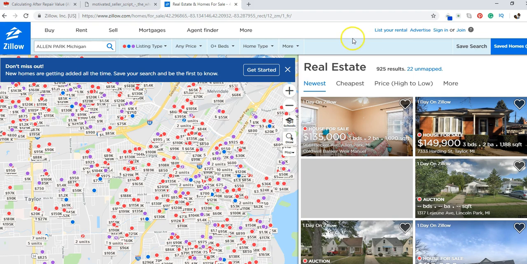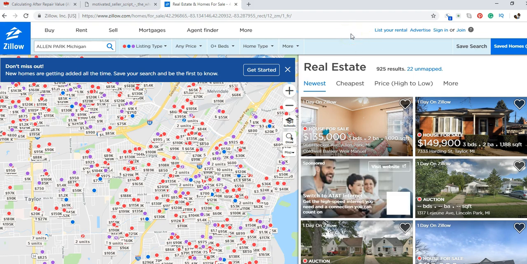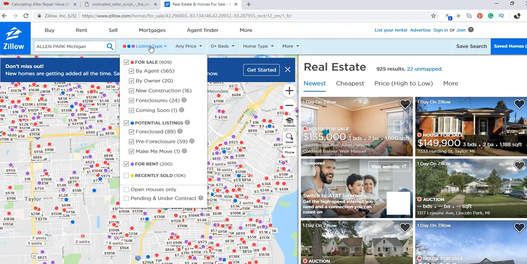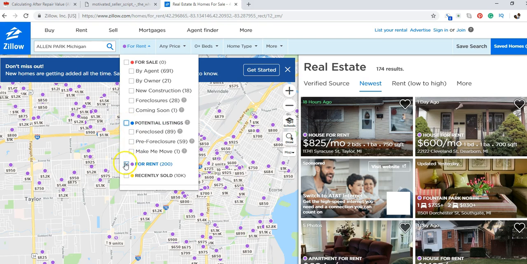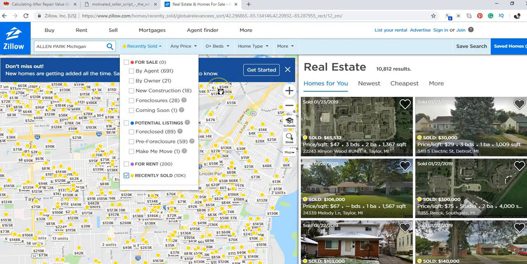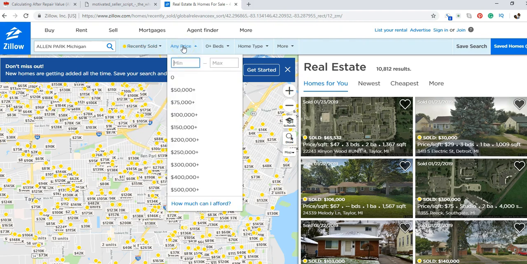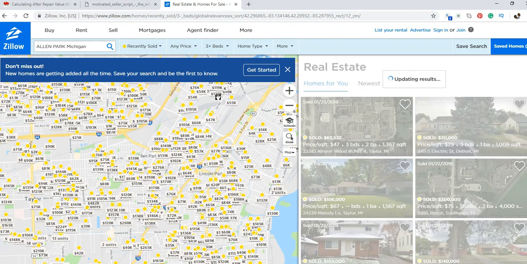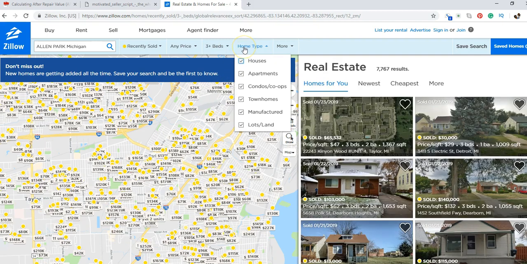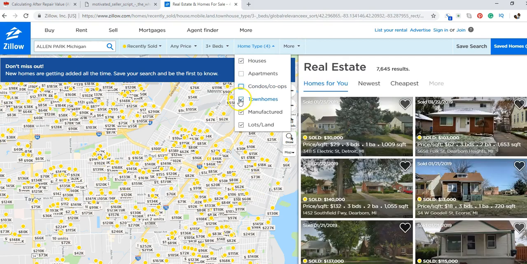So if you go into Zillow and you've pulled up the area where your property's located, you can do a couple of things to make sure you're looking at apples to apples on listings. You can go into the listing type, deselect all the for sales, deselect the potential listings, the for rents, and just do recently sold. And pull up recently sold properties on here. Price range you don't have to worry about. Again, apples to apples, so we'll do 3 bedrooms because that's what my property is. Home type, we're going to get rid of all these other things and just look